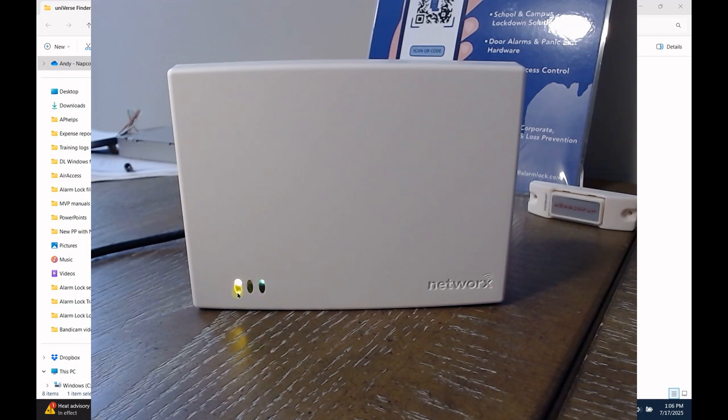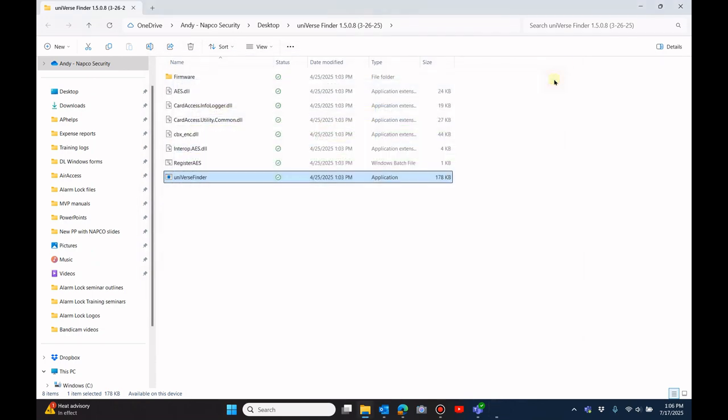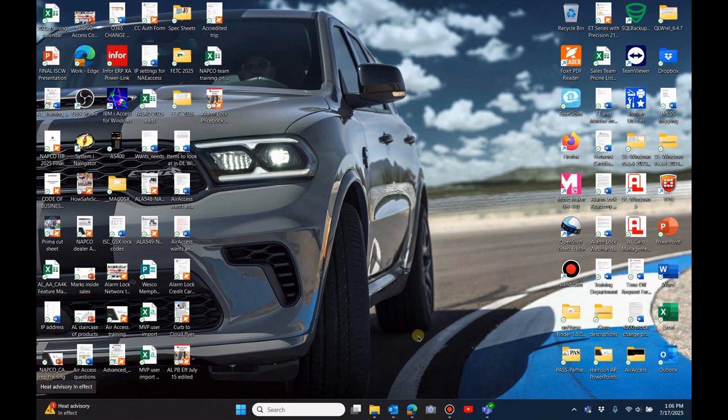Now you can see the gateway has been completely rebooted and the firmware is updated. You have the solid yellow light on, and you'll have the rapid flash of the green. This indicates that it is ready to be added. Now you can just close out of all of your windows and go into the MVP Cloud,